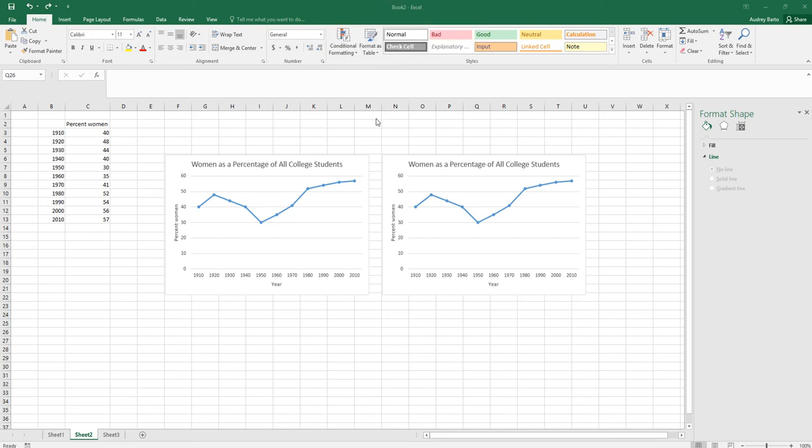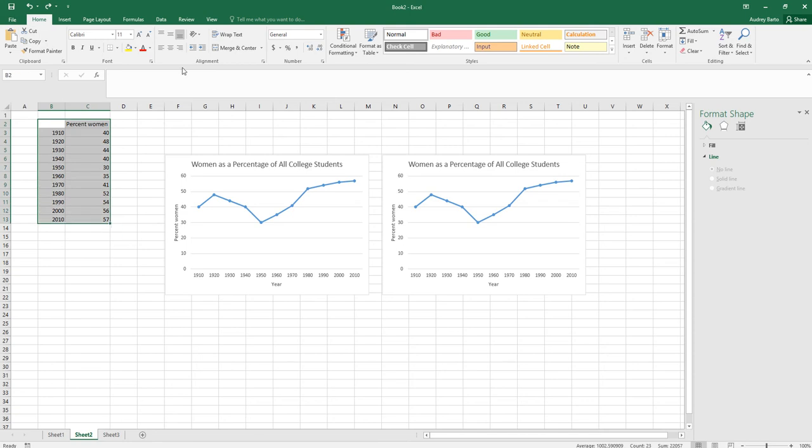This is an example of some data and also its display as a line graph. And what I want to do is just quickly show you how I made this graph, and then also some things to be aware of and be cautious of when you're looking at the scale and the areas shown on this display. Alright, so first of all, to make this graph, all you really have to do is just select